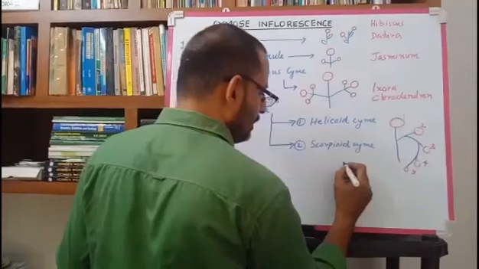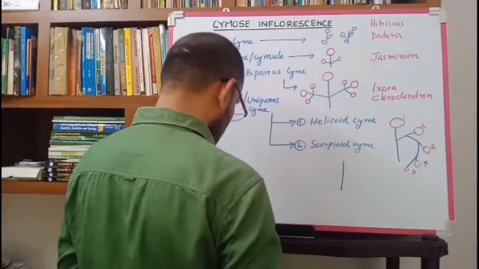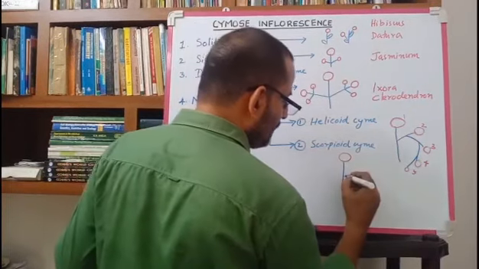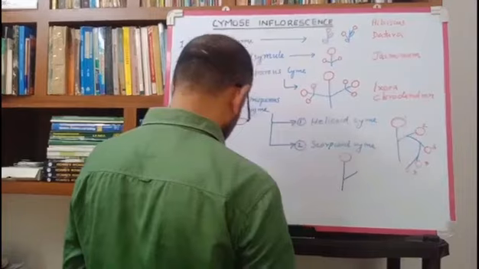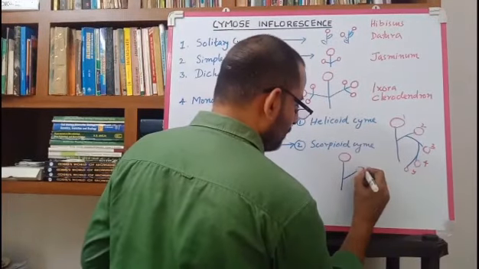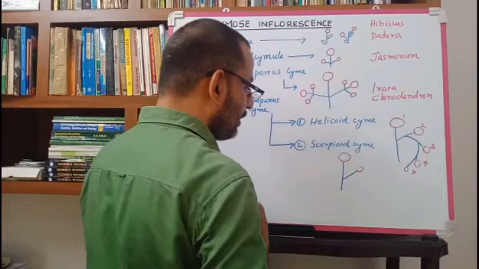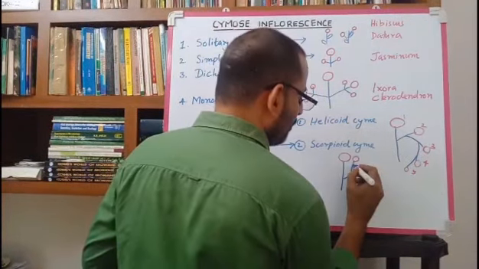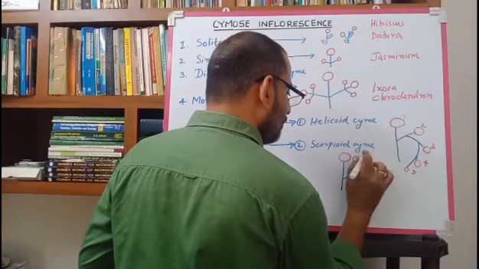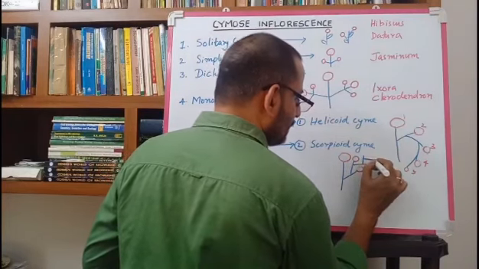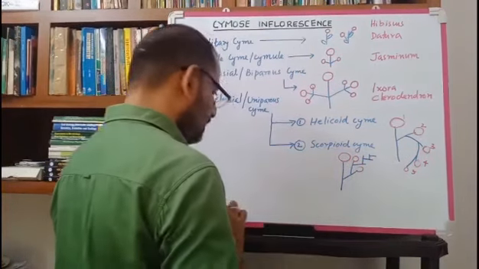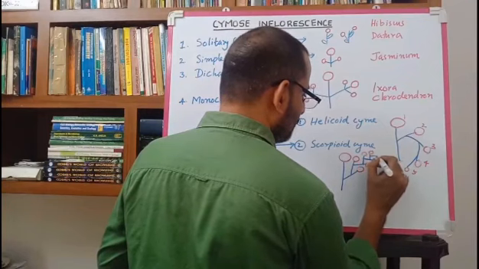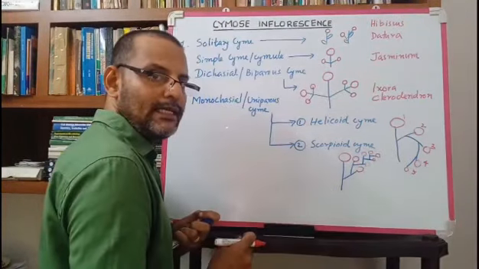So let us see how it is. This is the main peduncle, and this is the first flower, and the secondary peduncle is formed like this. This is the second flower, and the third flower is formed from this side, and the fourth flower is formed from this side. The fifth flower is formed from this side. Like this it is developed. So it is in a zigzag manner.